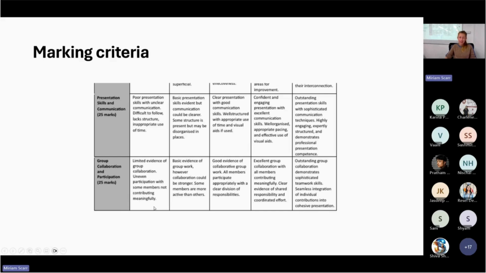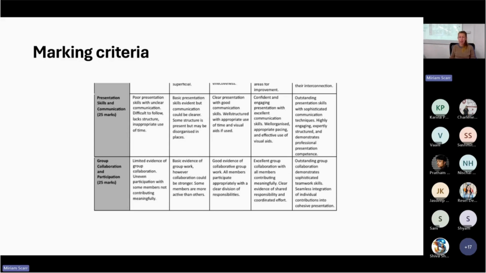As well, there are different things that you can use and analyse here in terms of group collaboration. How is it that the lecturer determines that you have collaborated as a group when all the lecturer has essentially is you standing up and presenting? That looks like everyone contributing meaningfully. There are links between what people are saying. There's not just discrete pieces of information that people have gone away and then glued together without any coherent